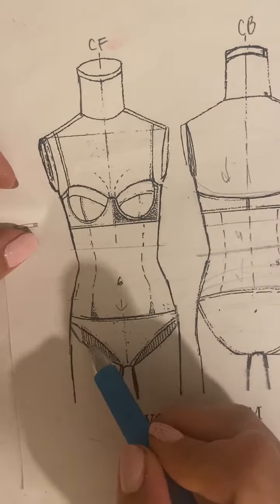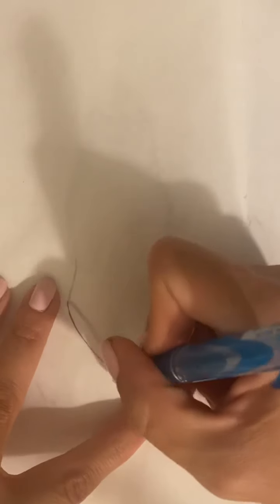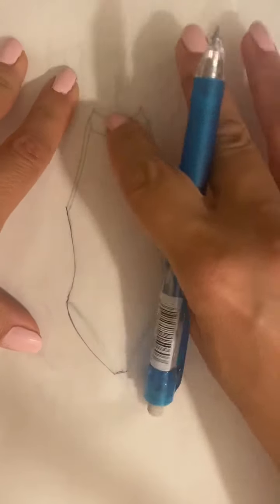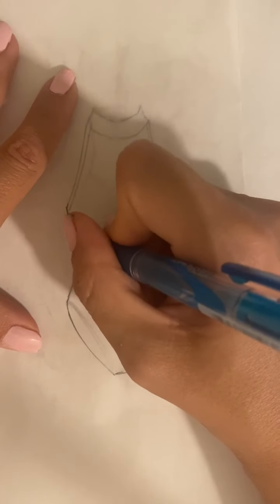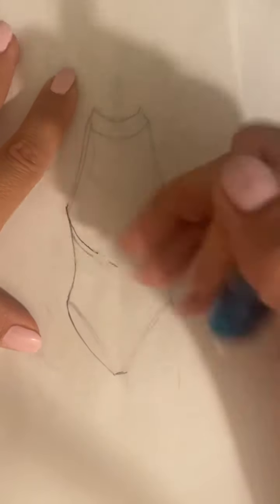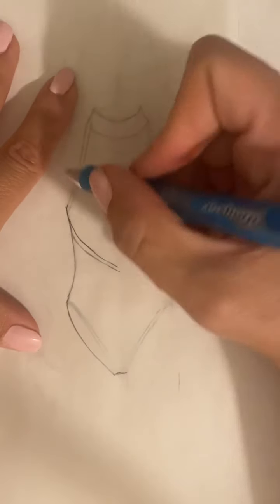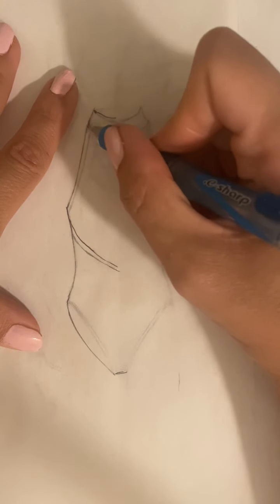So now I'm going to draw my back, and I'm going to add more coverage here on the bottom, and trace the side. Because I want to do more of an open back, I'm continuing this seam and making it a really low back, and still continuing with the elastic. I curved the line, so I'm going to fix it. I'm adding the elastic line as well. This goes here, and then we had that opening for the neckline, and